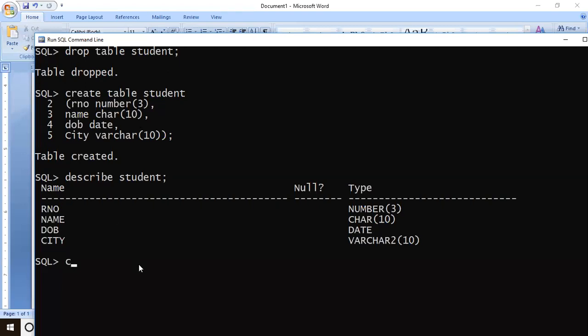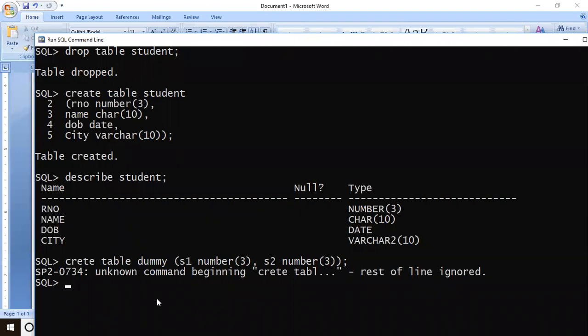I will show you one more table creation sample. Create table, and I'll say dummy. I will start my round bracket here. The field name I'm using is sample1, so I'll give it as S1 of the type number and size 3, comma, S2, the second field, and I will give it as number and size 3 again. Now my two fields are over, right? I'm closing my main table creation bracket and I give a semicolon.